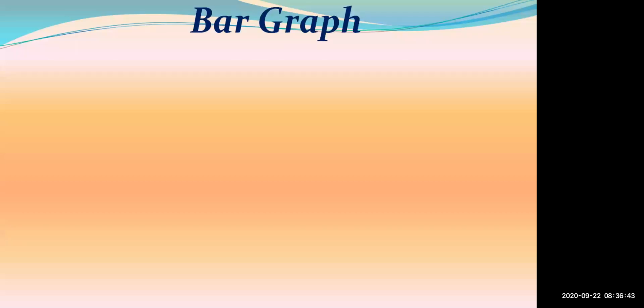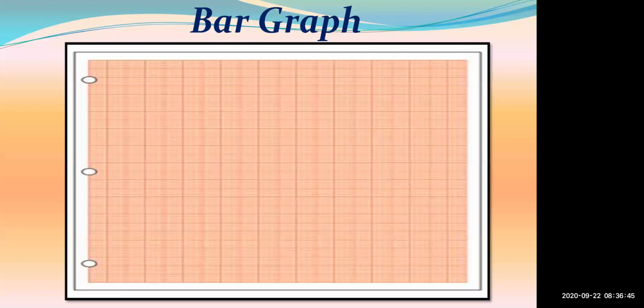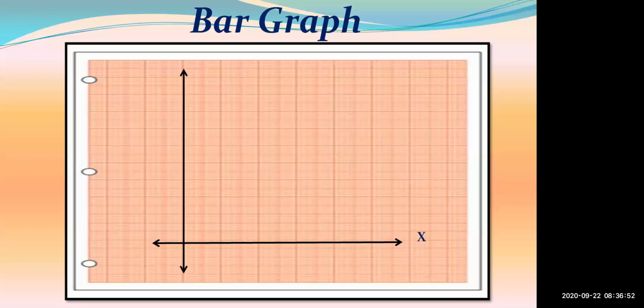See now how to draw a bar graph. First you have to take this graph paper. In that, first you will draw the x-axis and give the name x-axis. Then you know what the y-axis is, then the point of intersection, then the names of plants. Now which plants are there? First one is mogra, then jai, hibiscus, then rose.